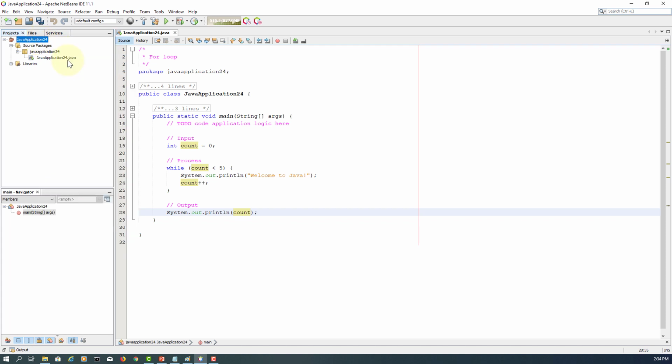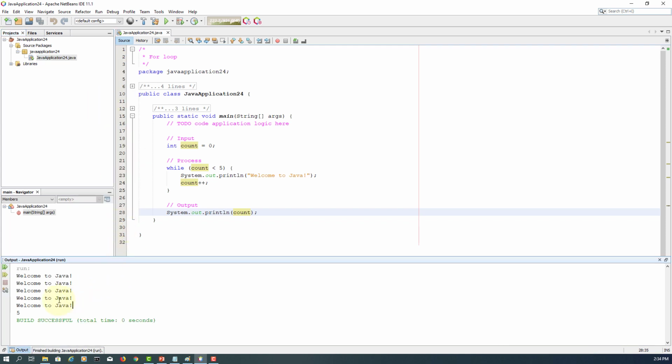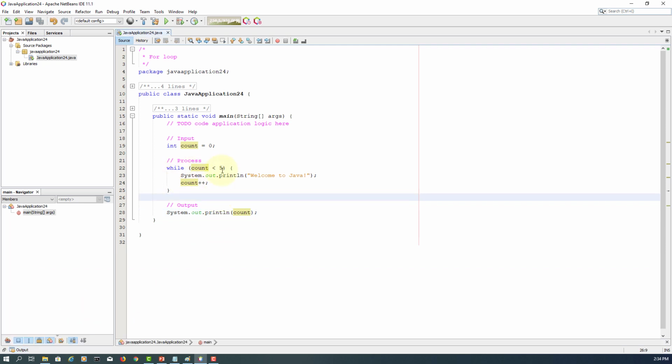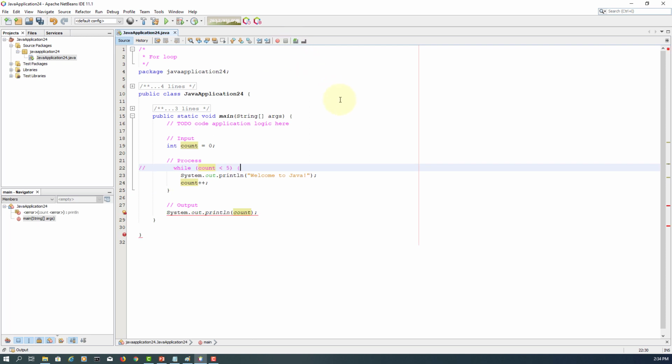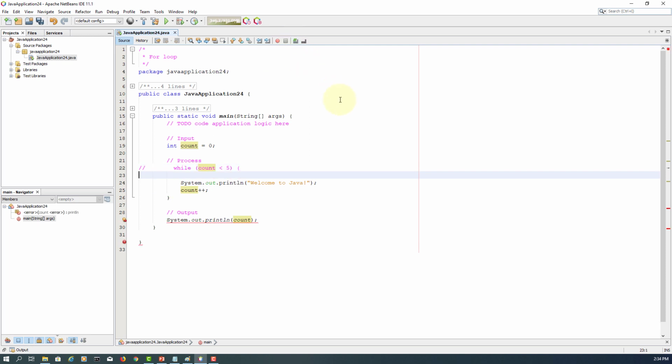Okay, it's straightforward. Build and compile. Sorry, build and run. So we print welcome to Java. Now you should consider the beginning is number 1, 2, 3, 4, 5, and they increase by 1. So you can get some idea. If we use a for loop here,